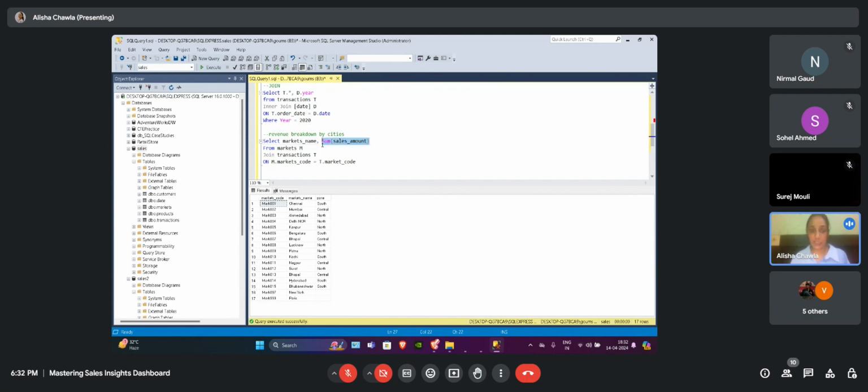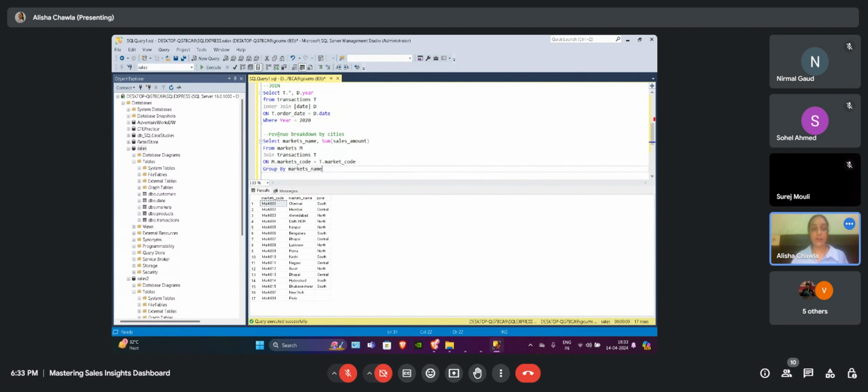So whenever we have a non-aggregated column along with aggregations, we have to use the group by clause in SQL and put the non-aggregated column in the group by. This is mandatory.